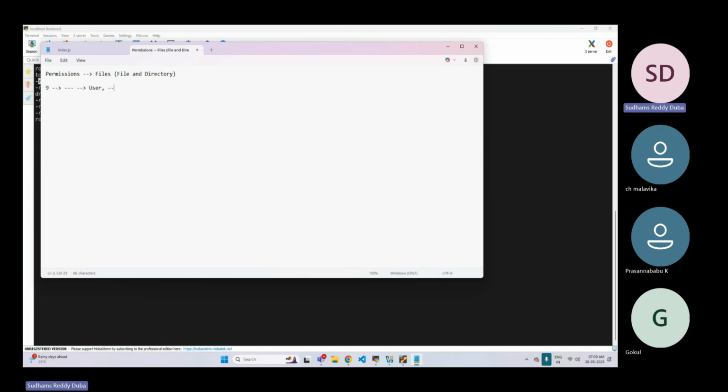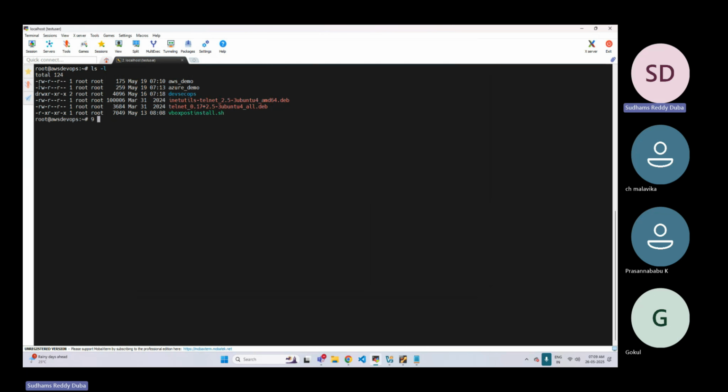The next 3 belongs to group permissions. Next 3 belongs to others. Apart from this user and group, if someone wants to access this particular file or directory, those permissions you have to manage from here.